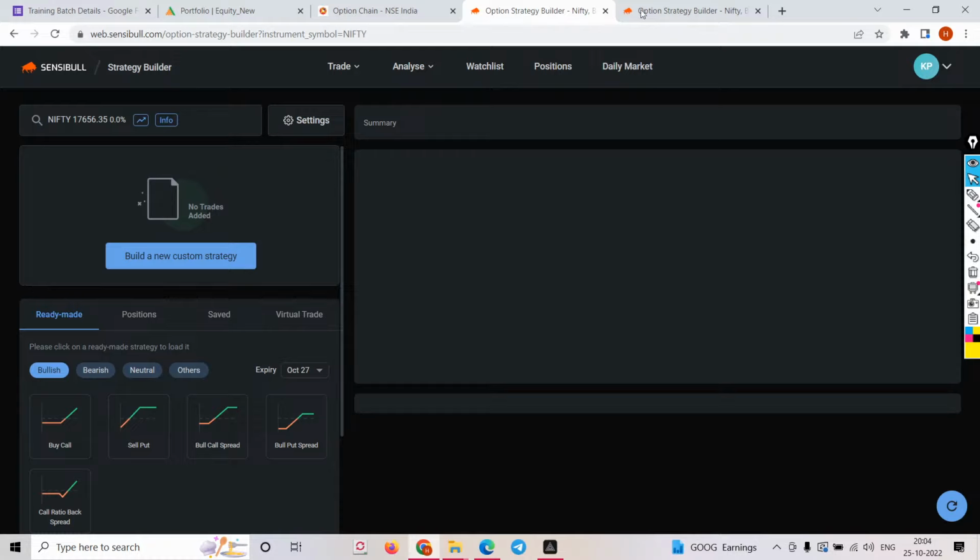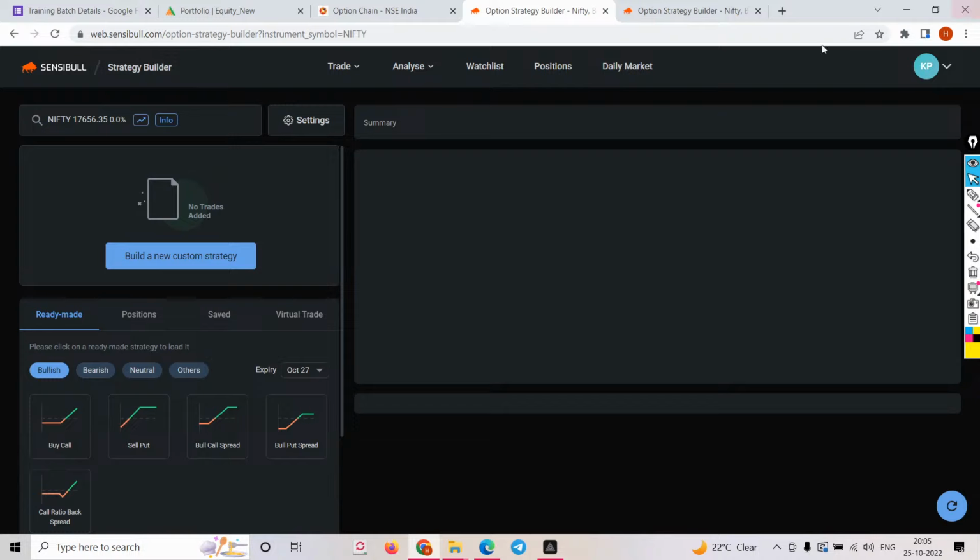Now, let me take it to the Sensibull. I'll take two tabs. Whenever we talk about options, I'll not even start with options or obligations or contracts, because we talk about so many examples. What I meant to say is, let's say we talk about an upside move in the market. That is very easy. Just take an example of the market going upside.